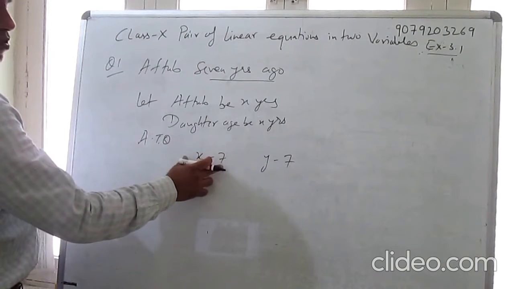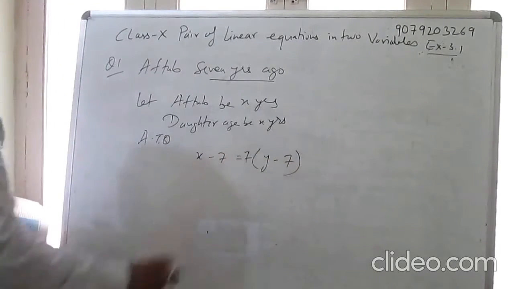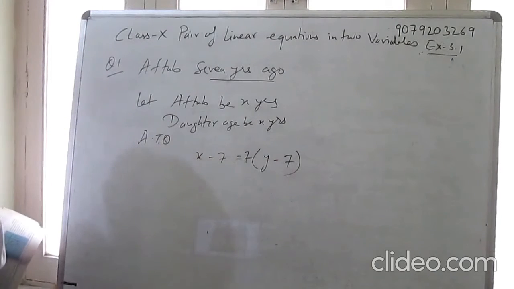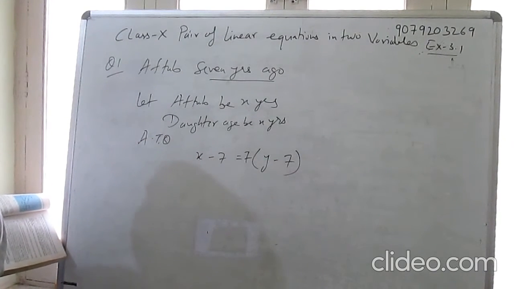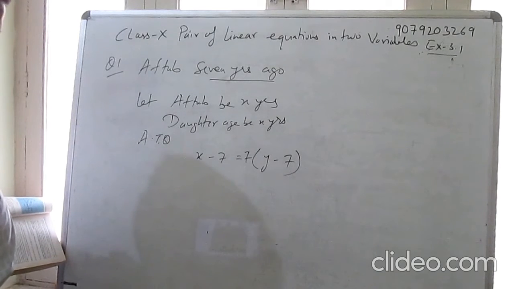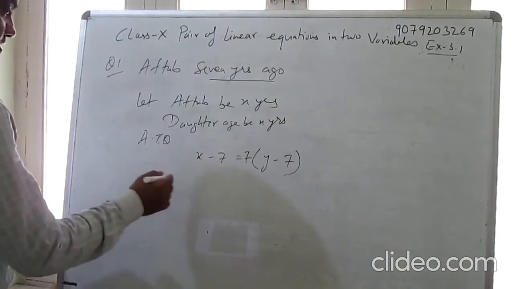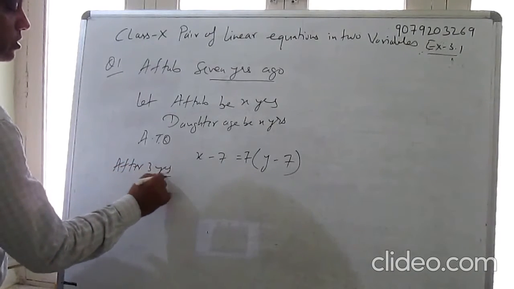Seven years ago, how many times older was Aftab? 7 times. So when equating the equation, we have to multiply 7 on the daughter's side, so we balance the equation. Now the second situation arises: I shall be 3 times as old as you will be. So after 3 years,